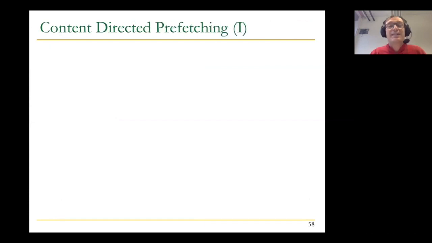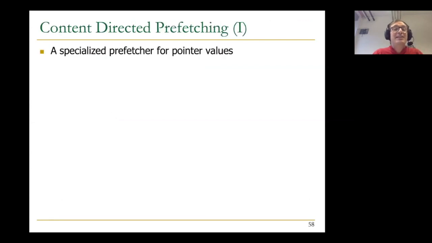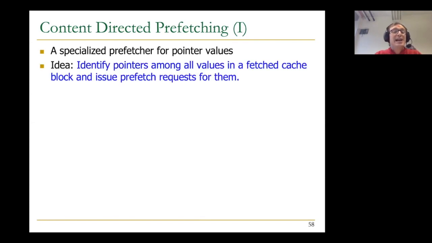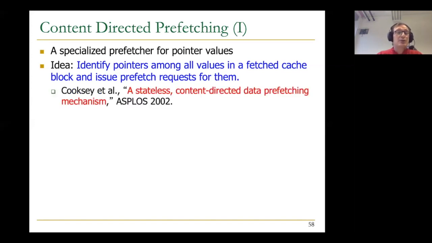Okay, let me talk about another idea, which is also fascinating, content-directed prefetching. This is a specialized prefetcher for pointer values. The idea is to identify pointers among all values in a fetched cache block and issue prefetch requests for them. And it has cool heuristics for identifying pointers. It was introduced in this paper